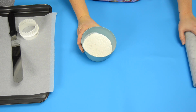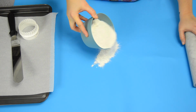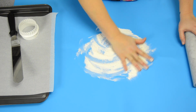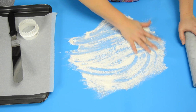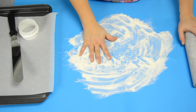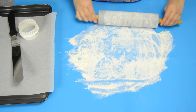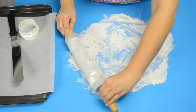But what I'm going to do now is use some excess flour, and I'm just going to sprinkle it over top of my surface and then use my hand to spread out the flour. And this is done so the dough doesn't stick to your countertop or your pastry mat or your fondant mat like mine here. And then you're going to take your rolling pin and roll it into the flour